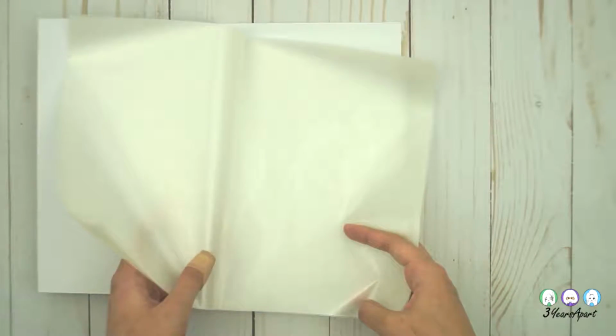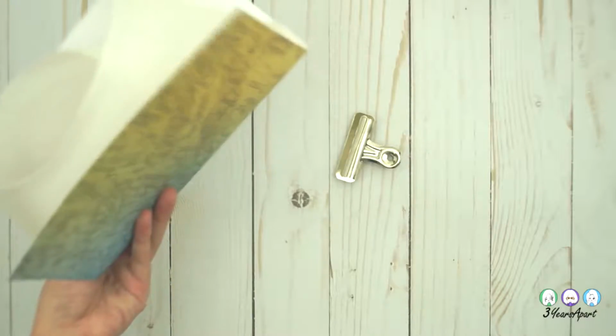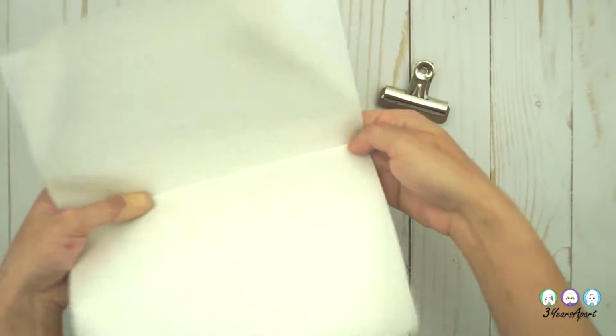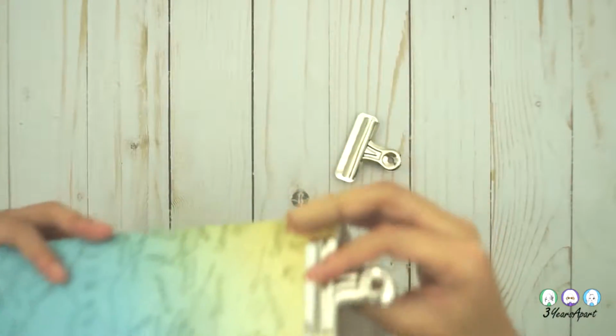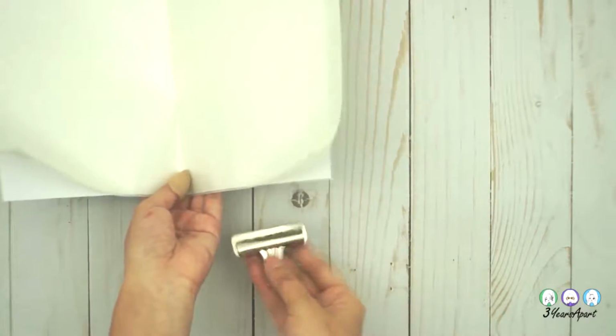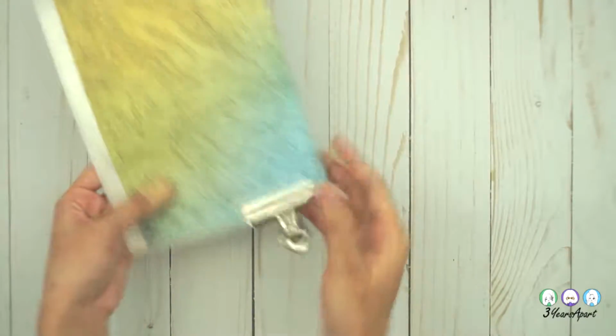What I'm going to do is try to align this to make everything as straight as possible. Now I'm going to use these clips just to make sure things stay where they've got to be while I'm doing things. Then do the other side. Okay, now that that's secure,